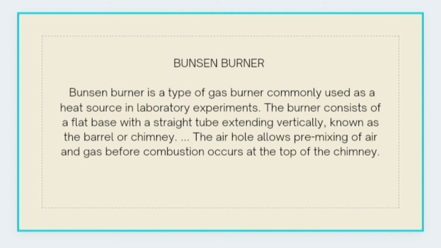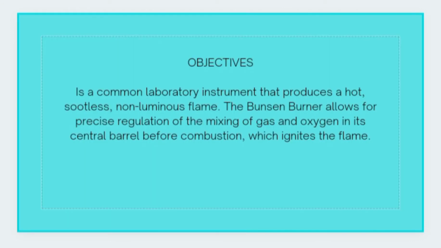The burner consists of a flat base with a straight tube extending vertically, known as the barrel or chimney. The air hole allows pre-mixing of air and gas before combustion occurs at the top of the chimney. It is a common laboratory instrument that produces a hot, sootless, non-luminous flame. The Bunsen burner allows for precise regulation of the mixing of gas and oxygen in its central barrel before combustion,